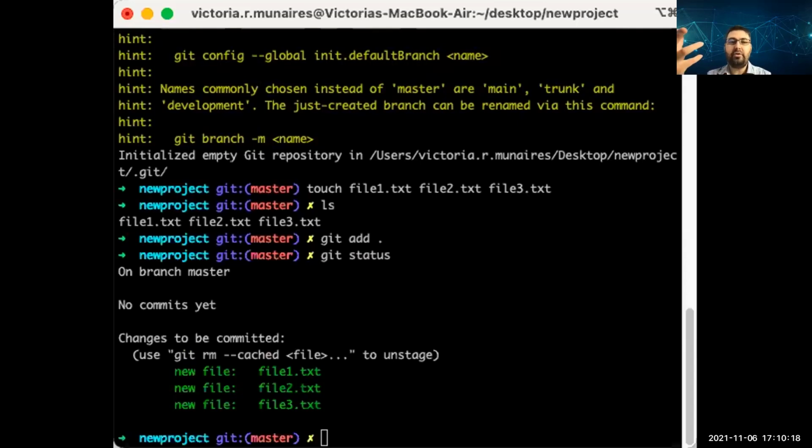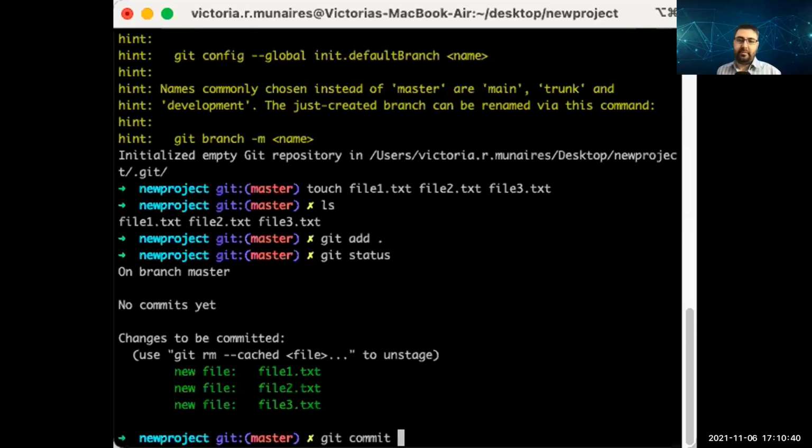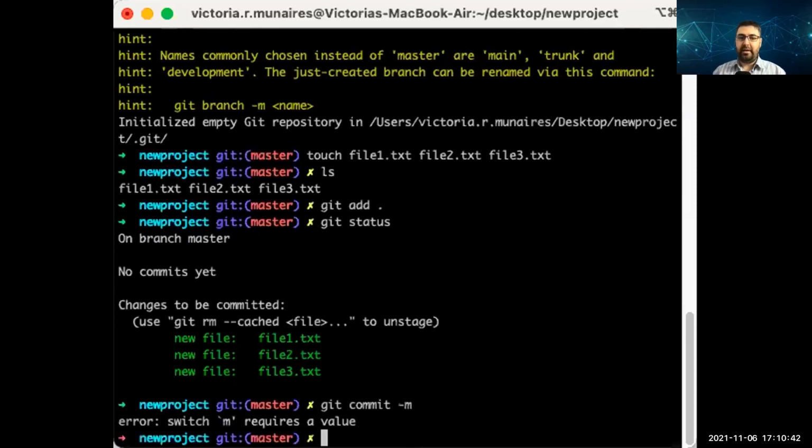You just need to run the next command, git commit -m. We have a space between commit and -m. And then we need to write our message as well.